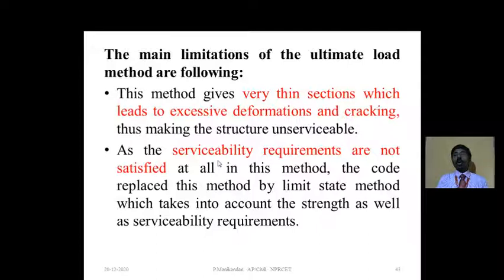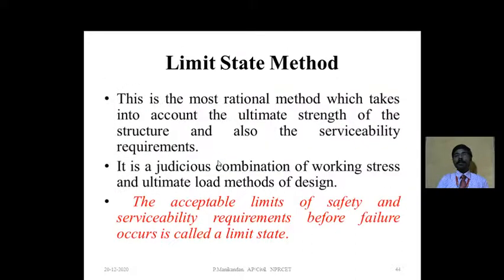The main drawback of the ultimate load method is that, as the section is thinner, it fails and cannot withstand heavier loads, and causes excessive deformation and cracking. So the structure is found to be unserviceable. As it does not satisfy the serviceability requirement, this method is replaced by another method called the limit state method. As I told you earlier, the limit state method is a combination of the working stress method and